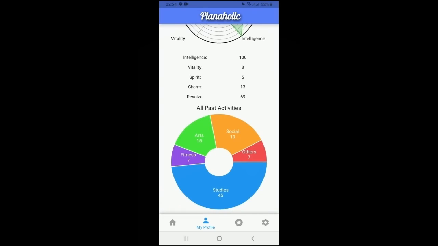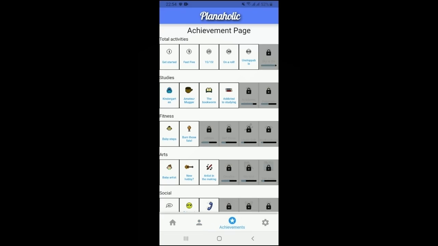Next is our achievement page. This is in line with our gamified concepts that incentivize students to do as many activities as possible with badges as their motivation. For each category, we will award badges when users have completed 1, 5, 15, 30, 60, and 100 activities in that category. We also award badges for those numbers of activities in total. Each badge is unique as they have different names and pixelated badges that are appropriate for the achievement.